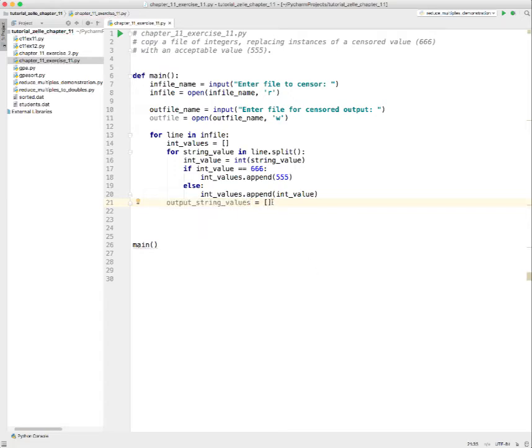All right, and then I'm going to iterate all over the items that are in int values, and I'm going to turn them back into strings. So I'm going to say for a value in int values,